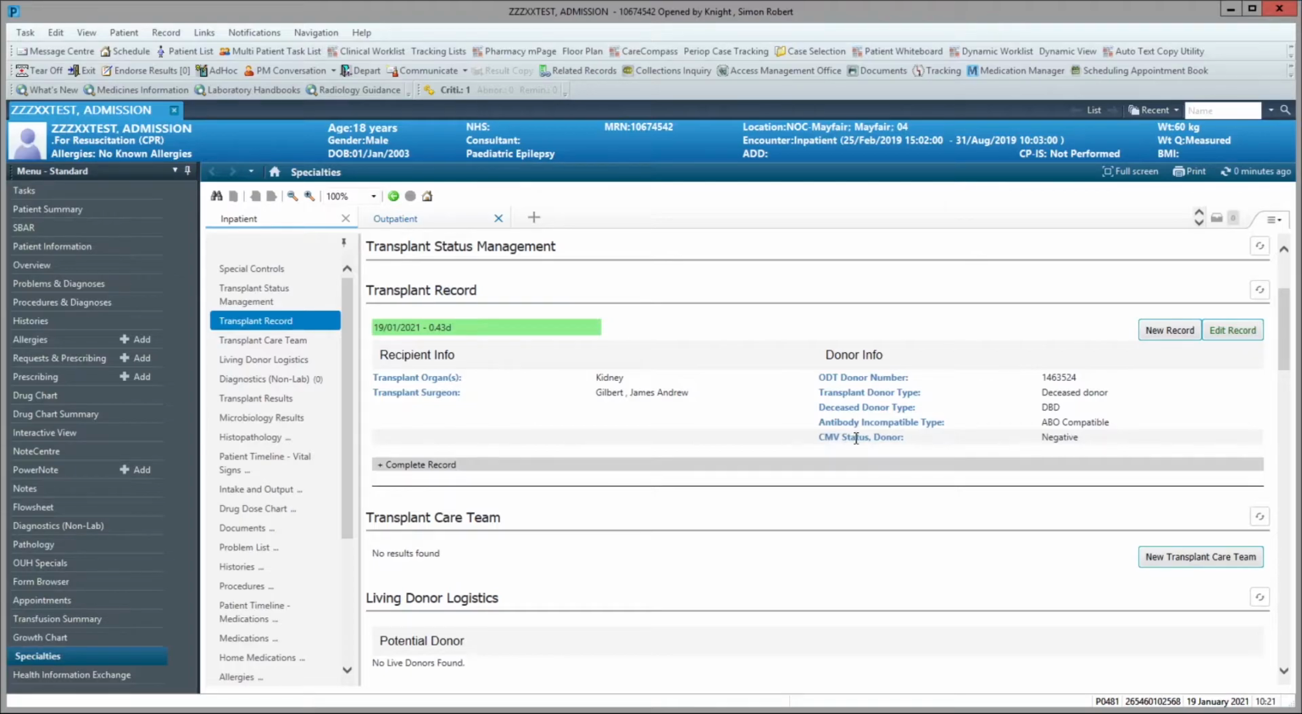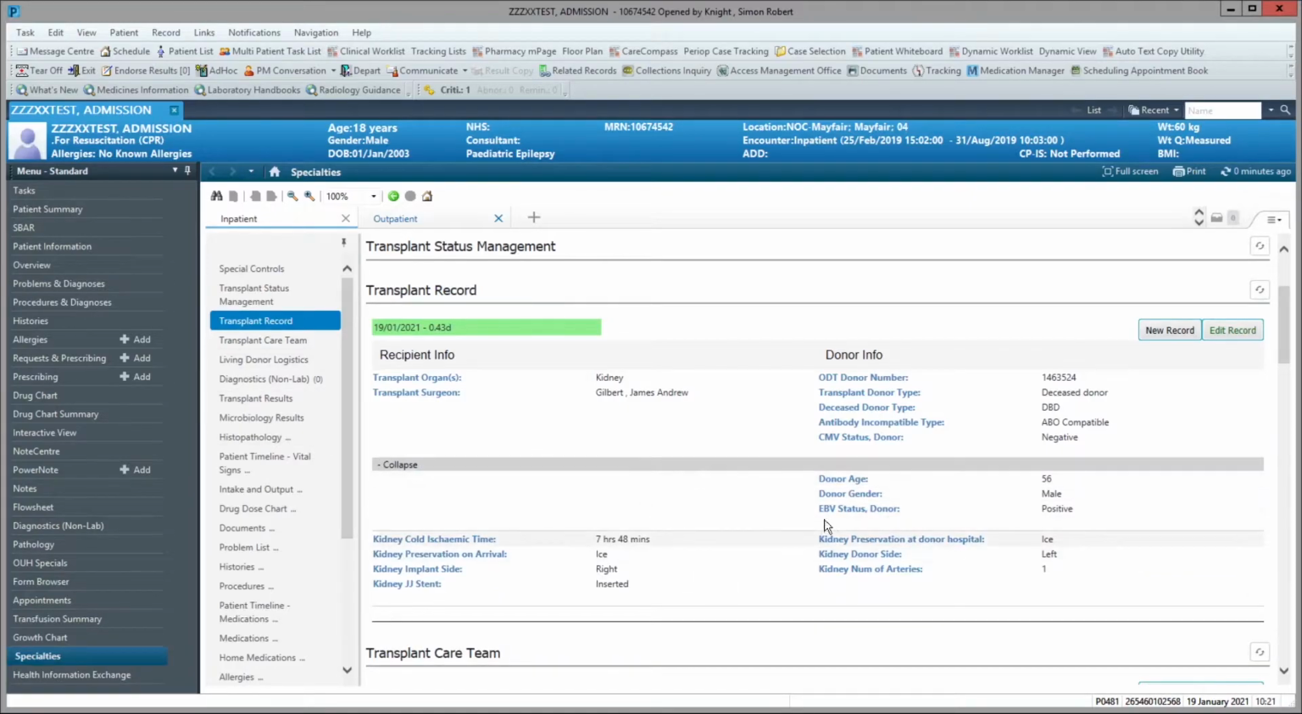You'll note that it's showing the CMV status for the donor. In a real patient, you'd also be seeing here the CMV status for the recipient. It's just that this test patient doesn't have any virology in the flow sheet. Same if you scroll down here, bit more donor information if you look at the extended information, and then you